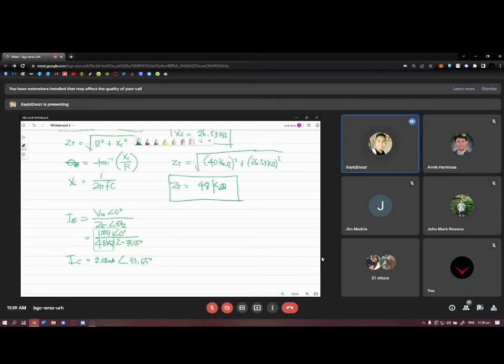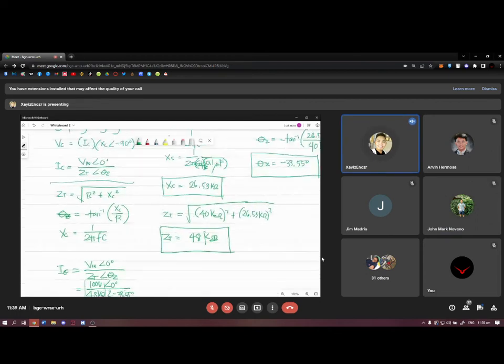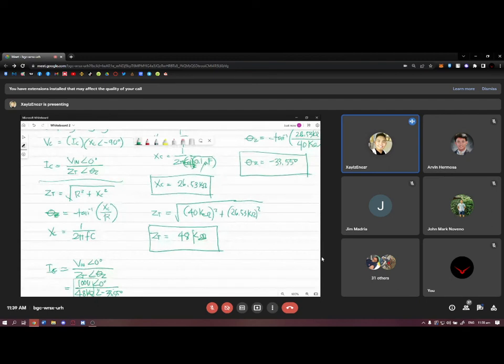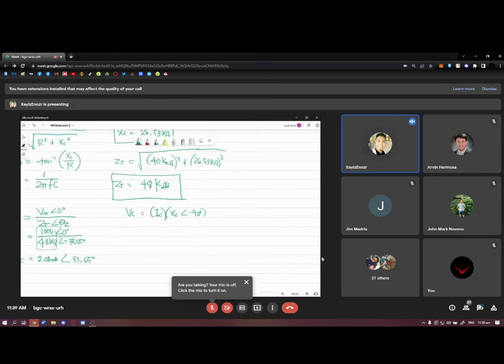So once natin na-determine yung IC, we can now determine yung voltage across the capacitor. VC is equal to IC times XC angle negative 90 degrees. So our VC therefore is 2.08